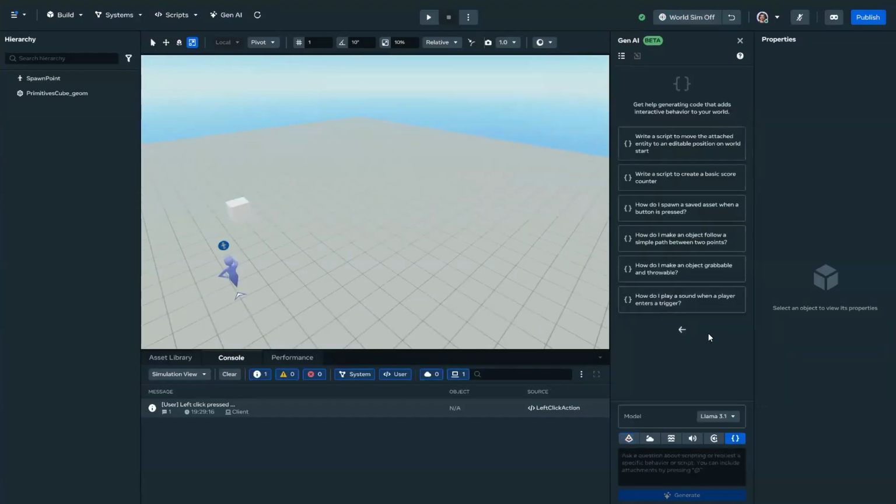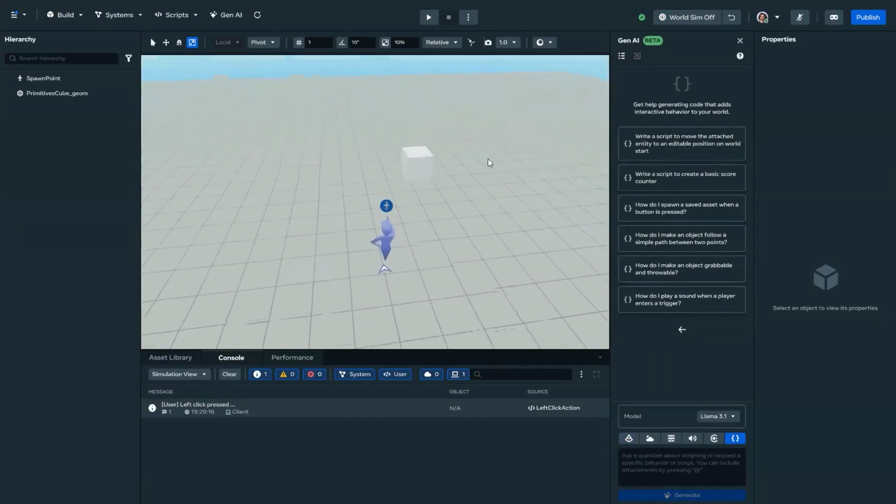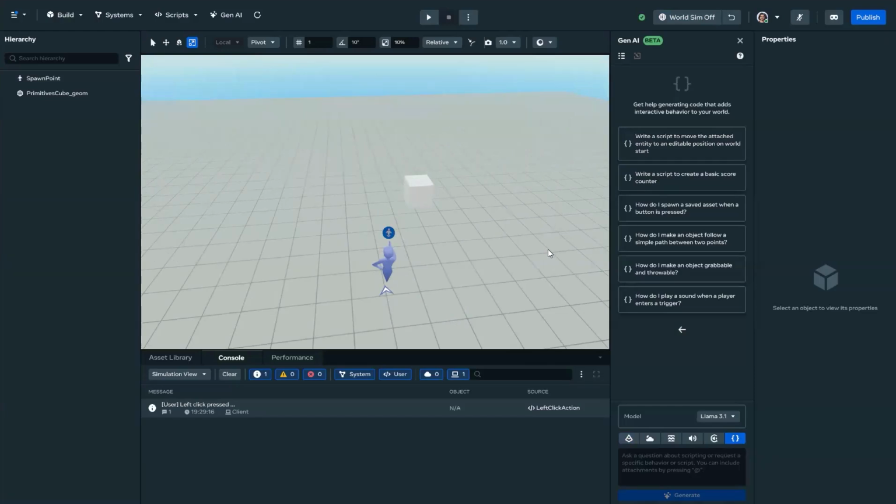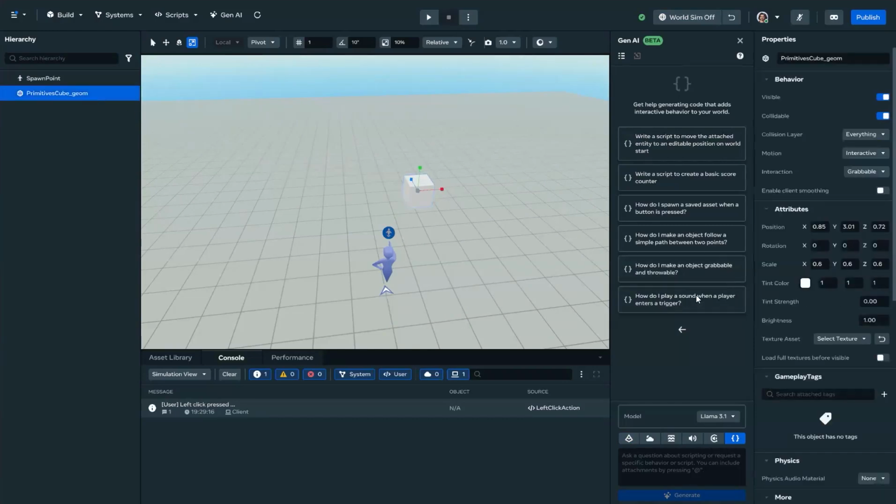I want to further modify this code. I'll read the chat. So let's see. We have this thing that we're holding now, and maybe we want to